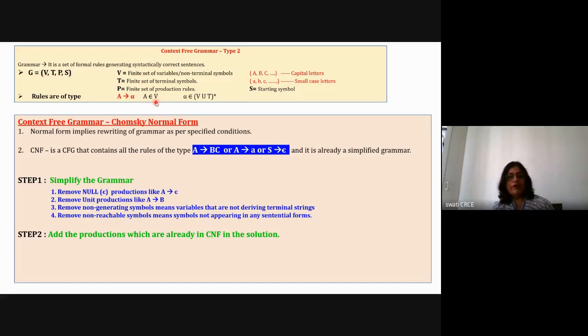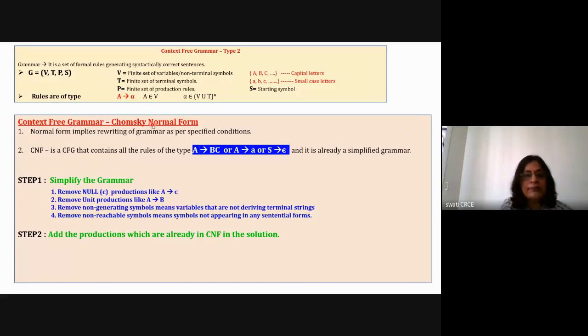Now, when we design a context free grammar as a designer, after that, for a particular application we may have to convert our grammar into some other normal form, into some other format. Only then is it useful for a particular application. So in that case we have to simplify the grammar and use it in a particular manner. A normal form means converting the grammar into some other format. Both grammars are equivalent, the meaning is the same, the words derived by both grammars are the same, but we just want to convert the rules from one particular type to another type.